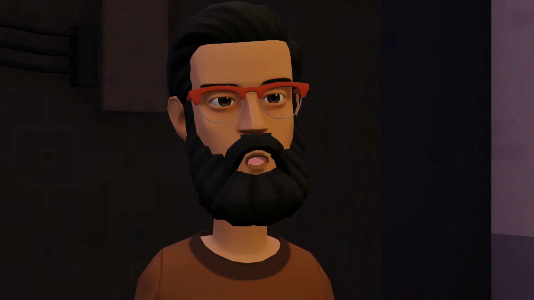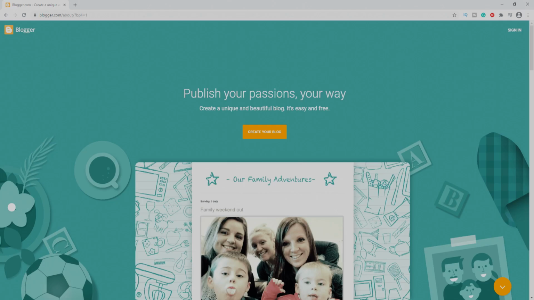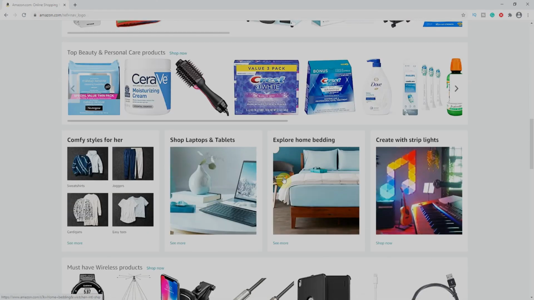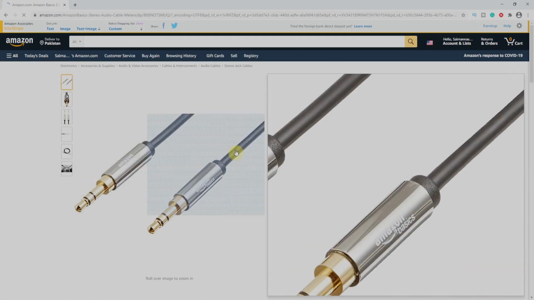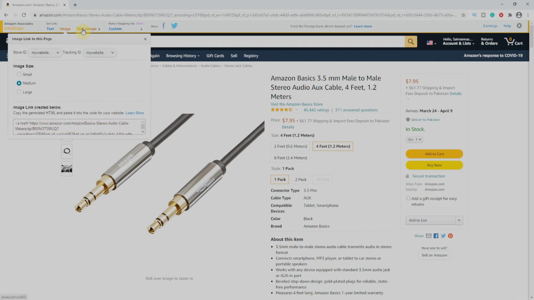For that, you need a blog, which you can create for free on Blogger or WordPress, and a Payoneer account for payment gateways. Once you have created an account on Amazon Affiliate, you will have the ability to create an affiliate link